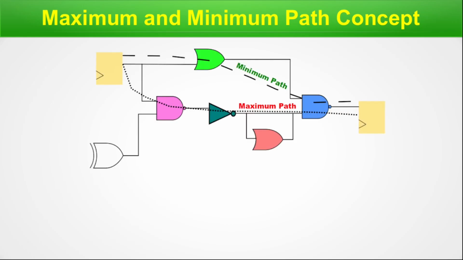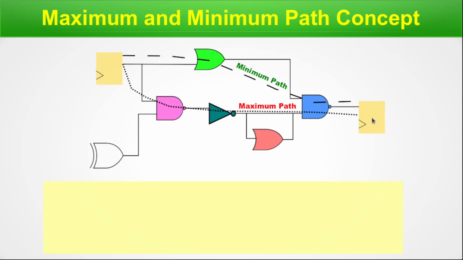So far we are clear enough with timing path, its representation as directed acyclic graph. Now we will get familiar with the concept of max path and min path. We will take the help of these graphics for our understanding. Here you can see from the left we have a flip-flop, then an OR gate, a NAND gate, a NAND, a NOT, an OR, an XOR gate, and a flip-flop. In the graphics we can see it is highlighted as the minimum path, and here it is the maximum path.